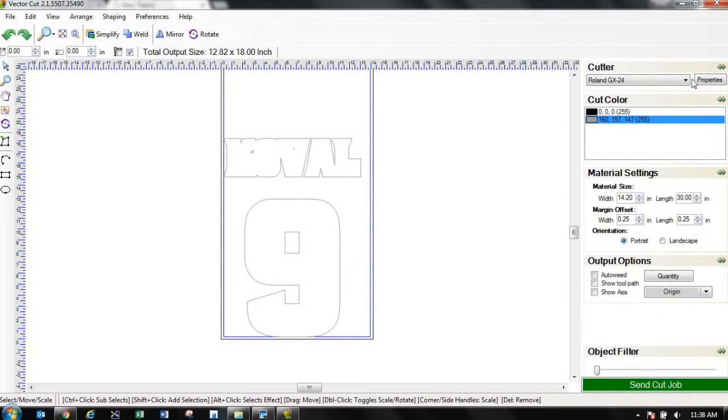In our case, we're going to be exporting to the Graphtex CE6000, but you'll see in here under my cutter selection, it has the Roland GX24, and it's also compatible with the new GS24, but also the GCC Expert series, the Jaguar, the Puma, Roland, the Silhouette Cameo, the Eyeline. And even if you have some off-brand cutter, more often than not, using the universal HPGL will allow you to output to that. So we're going to go in here into the CE6000, and just to double check, click the